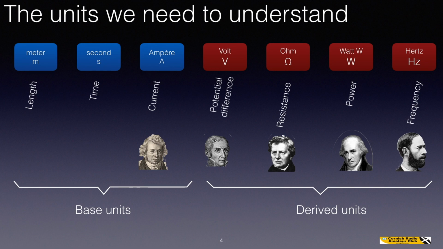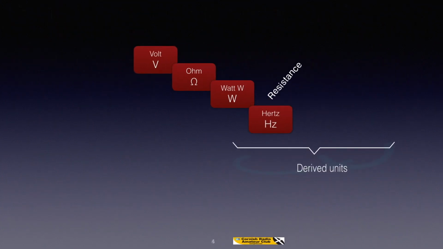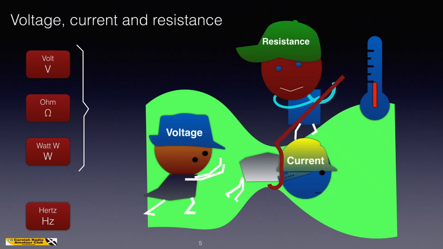Let's have a look then at voltage, current and resistance, and we'll look at the Hertz in a subsequent slide. Now voltage, resistance and power. Let's have a look at that. In the symbols video, we had this graphic here, and we show that voltage is driving the current around a circuit, and resistance